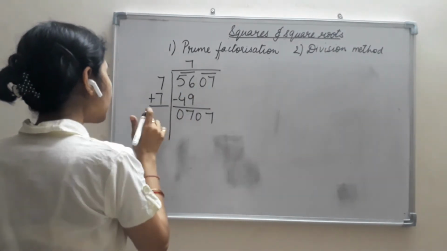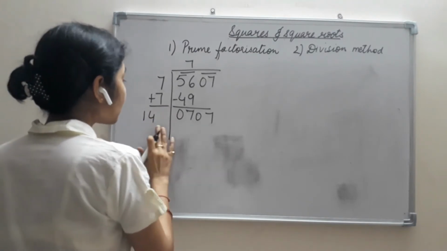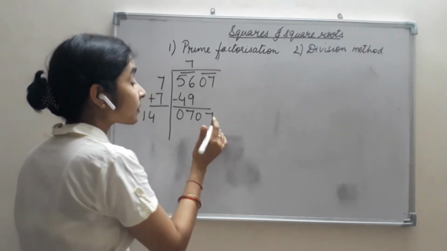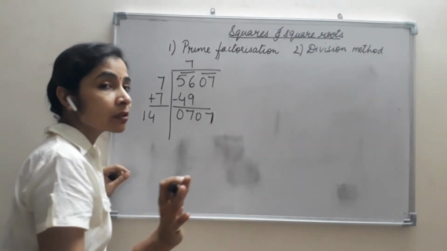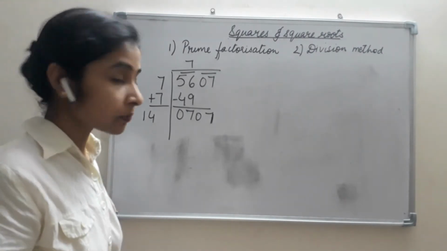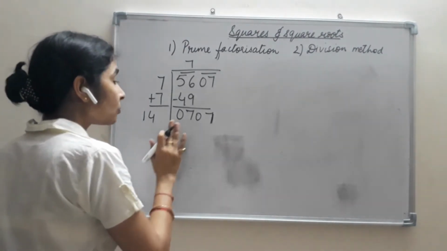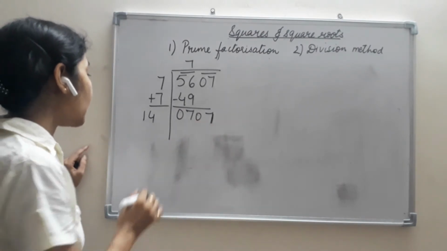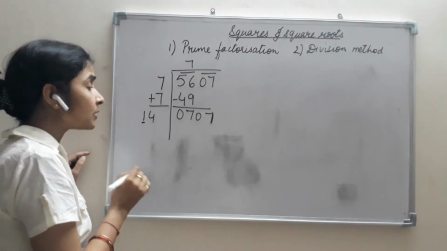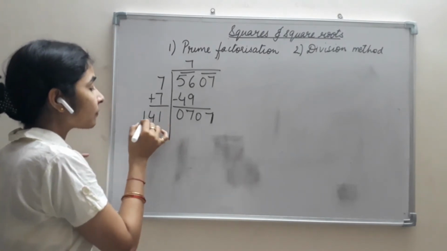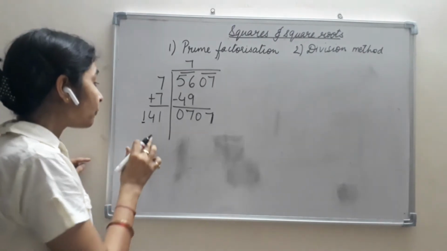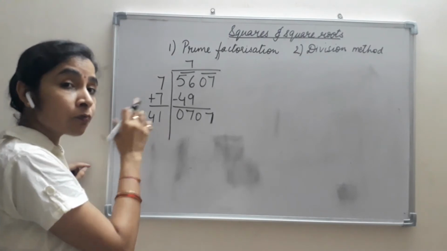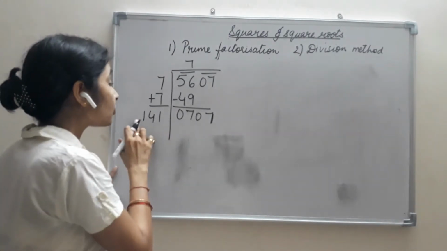Now 7 plus 7 here gives me 14. Now I need to put such a number here that the result is less than 707, because we know that 7 is in the units place and this number is not a perfect square number. So we need to get such a number which is less than 707. Now if you see here, we have 1 on the tens place, and if we put any number here, this 1 will come on the hundreds place. So we should multiply such a number to 1 that after getting the carry from multiplying with 4, the number should be less than 7.